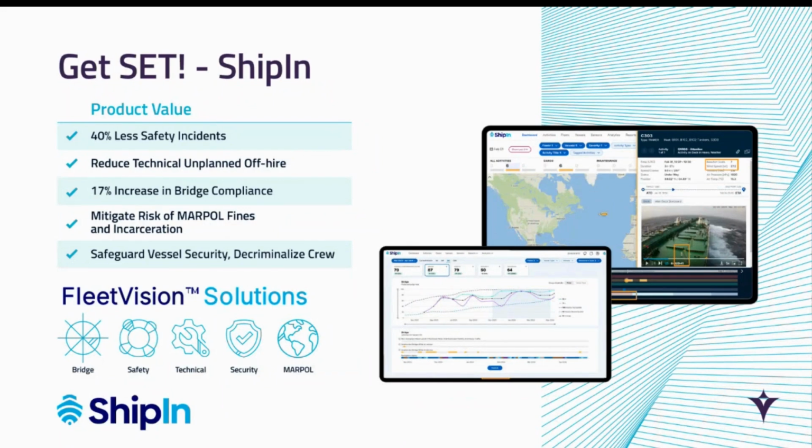Lots of us have faced issues with, for instance, drug smuggling. So it's something that might help provide evidence with that. And it really focuses on the 5 key areas of management: bridge management, safety management, technical management, security, and MARPOL compliance. And it brings together that 10,000 hours of video footage